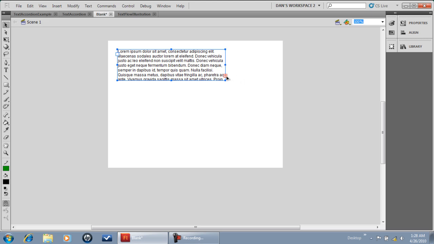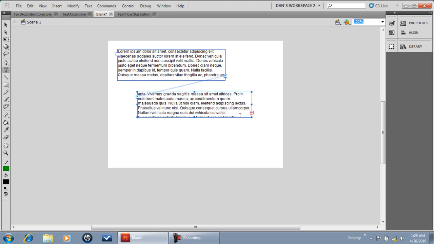So this little red box has appeared here, and if you click on that, then if you draw another text field, then this new text field will be linked to the previous text field, and the text which did not fit on the first text field will now spill over onto this second one. And you can see that still I have too much text to fit inside of there, so I can click on there and create a new text field, a new container for text, and now all the text fits on